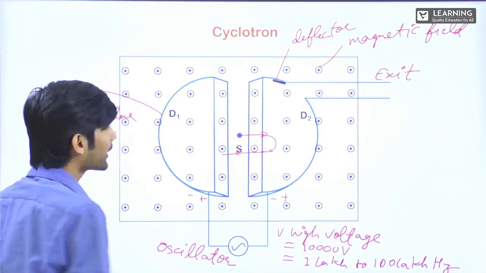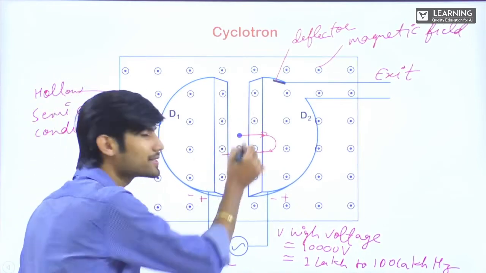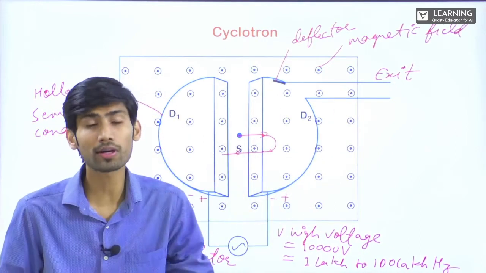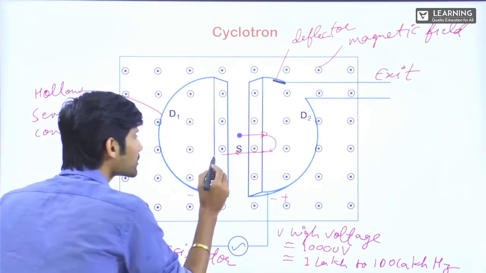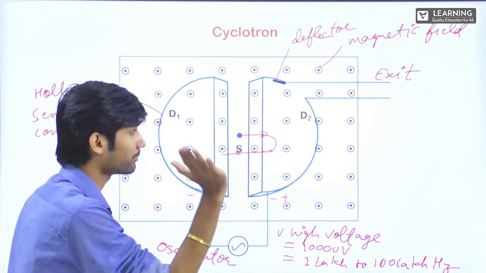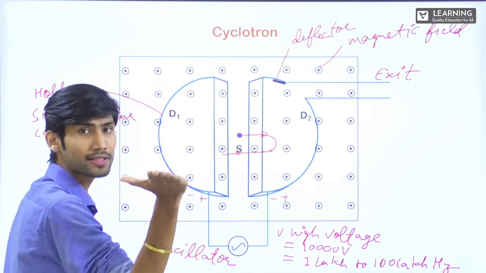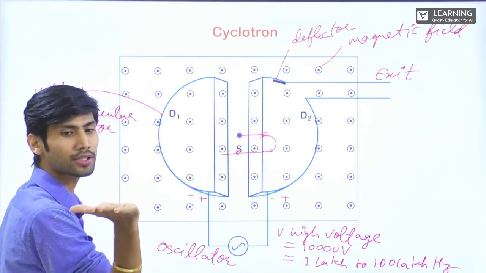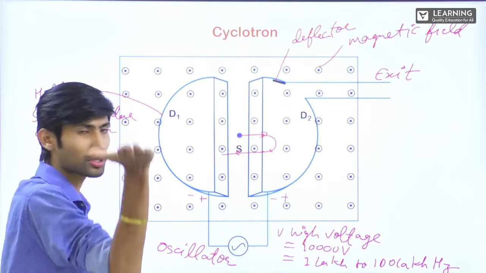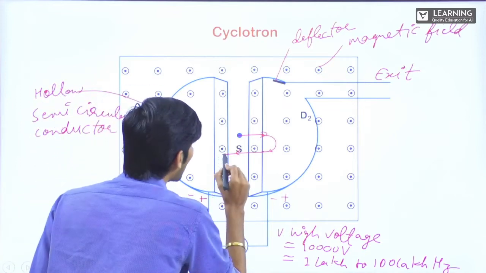Alright. Now again, the same thing. The moment it goes inside, electric field is 0 because inside a hollow conductor, electric field is 0. It comes inside, again the magnetic force is there. Now this time, magnetic field in this direction, velocity in this direction, the direction of the palm gives the direction of force, upwards. So this will rotate upwards, but